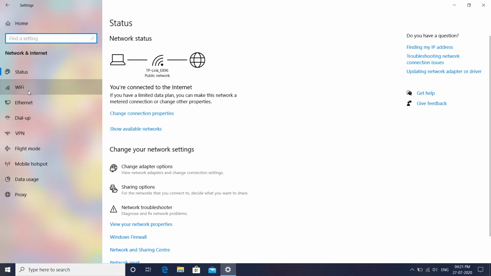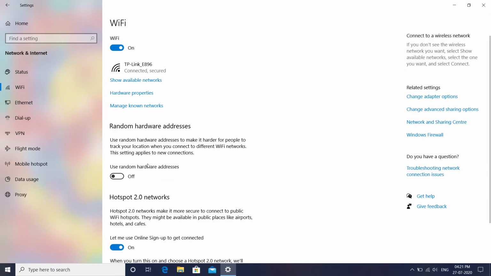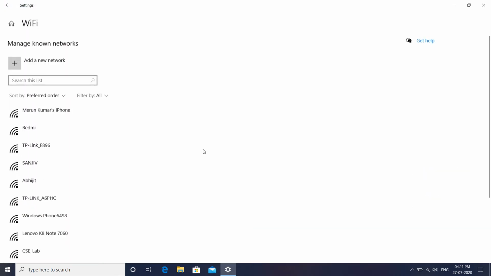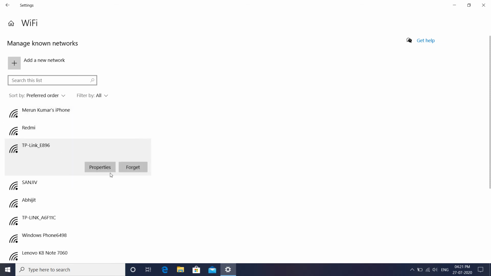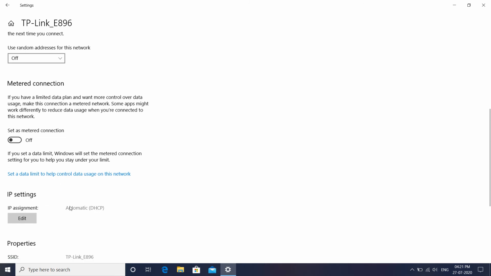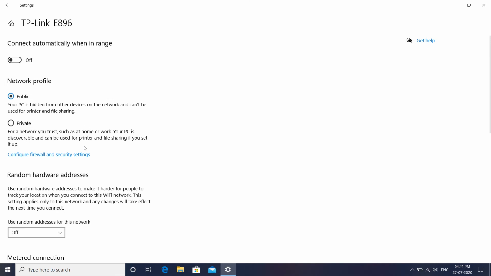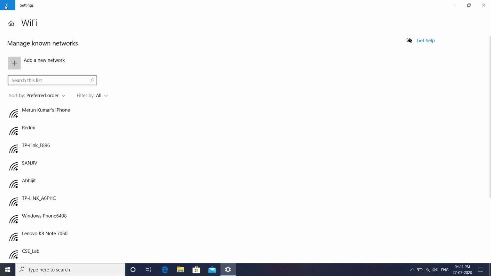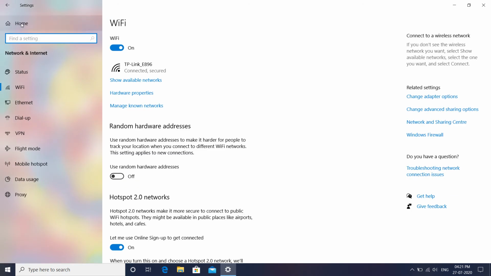Actually friends, I previously tried retrieving the Wi-Fi password from here, but you can just manage known networks. You can select properties, but you cannot see your Wi-Fi password from here. You have to go to the control panel option.